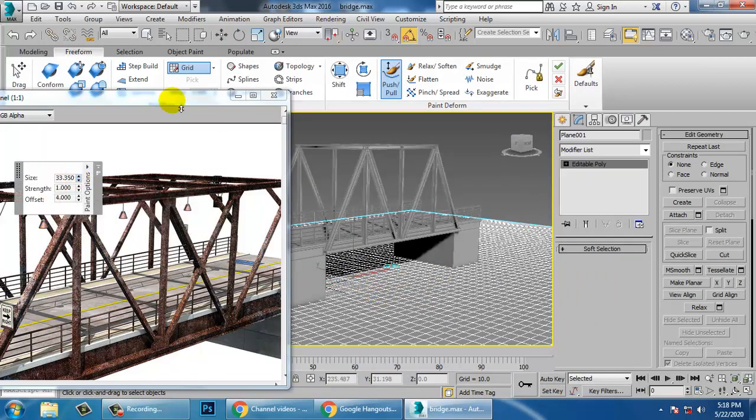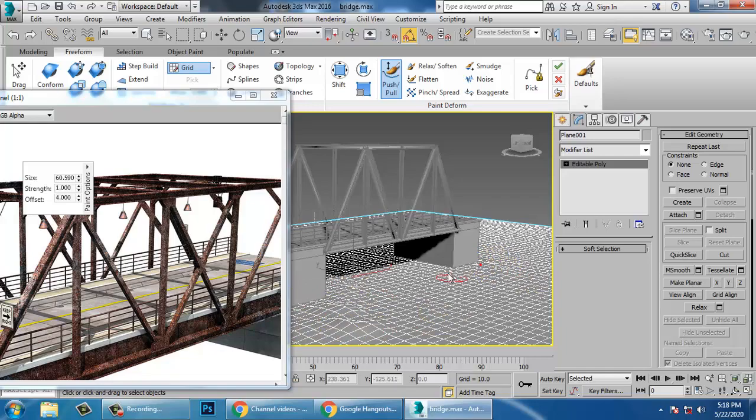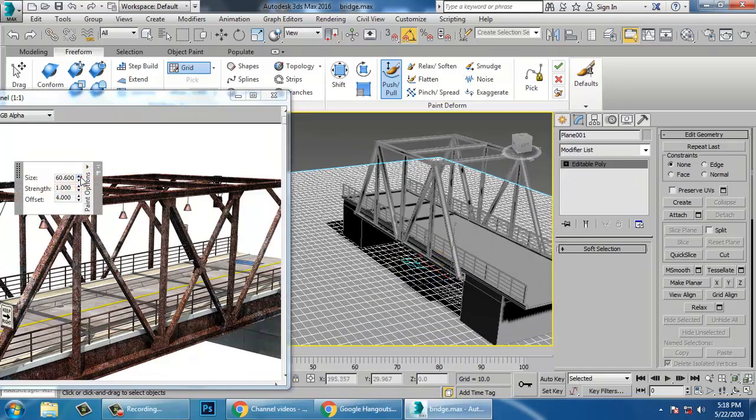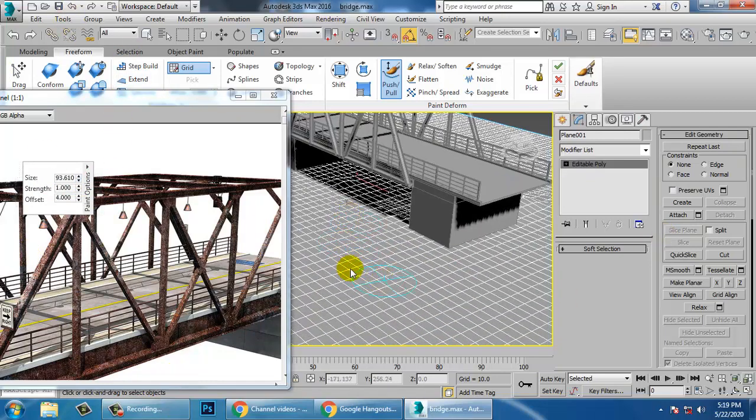So I'll increase the brush size of this push and pull and I can just make it uneven. So whatever areas you want to make look more uneven, we can go with that.